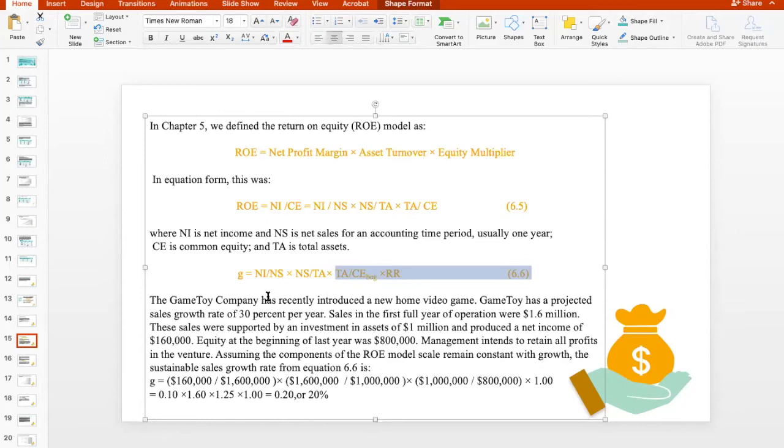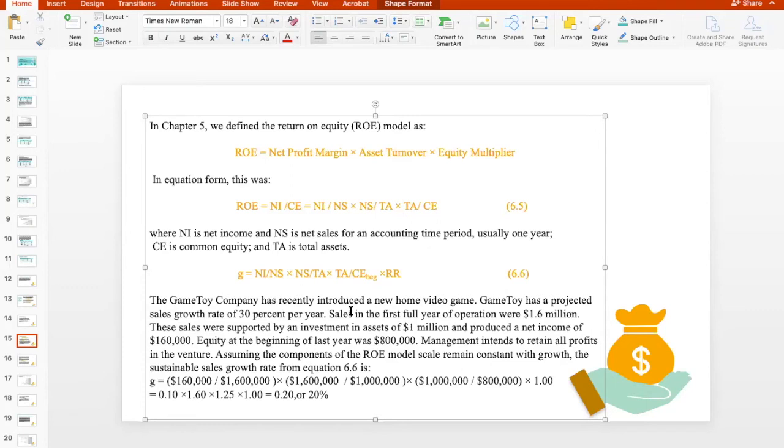So let's take an example to be more concrete. So the game toy company has recently introduced a new home video game. So game toy has a projected sales growth rate of 30% per year. يعني هدف الشركة هذه أنها توصل نسبة نمو 30%. هنشوف الحين هل إنه النسبة هذه معقولة أو لا؟ هل إنه مصلحة الشركة أن توصل نسبة نمو عالية الدرجة هذه أو لا؟